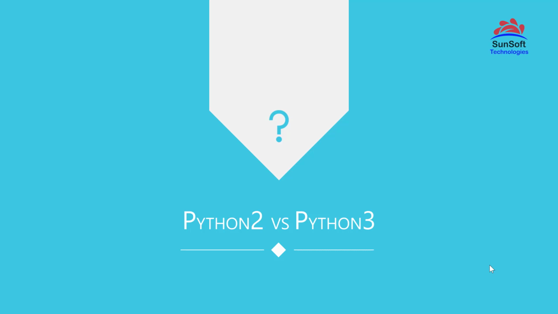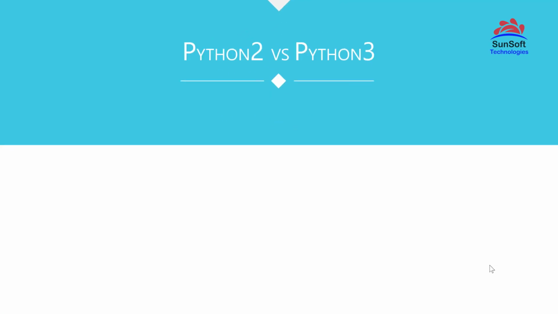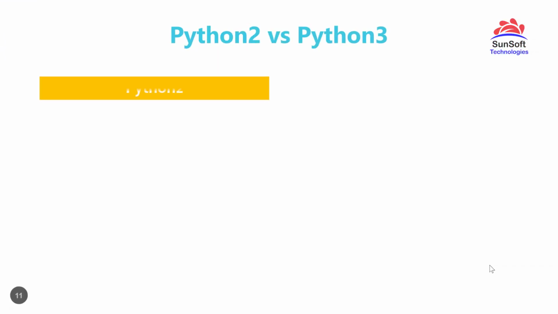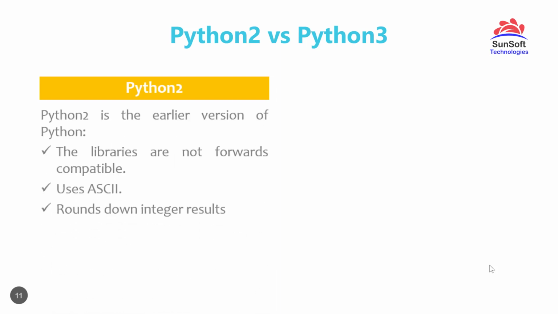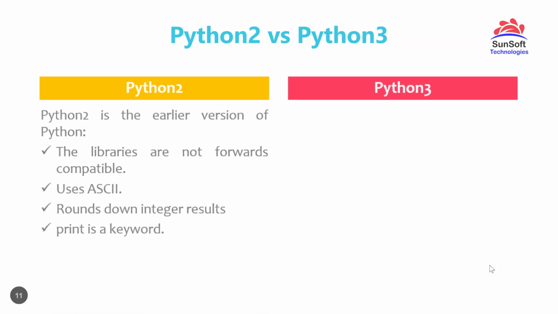Python 2 versus Python 3. Python 2 is the earlier version of Python. Now the libraries that come with Python 2 are no longer forwards compatible, or they are not supported, they are obsolete. It uses the ASCII coding, which has a lesser number of characters than Unicode. It rounds down the results to integers rather than using the precision floating points, and print used to be a